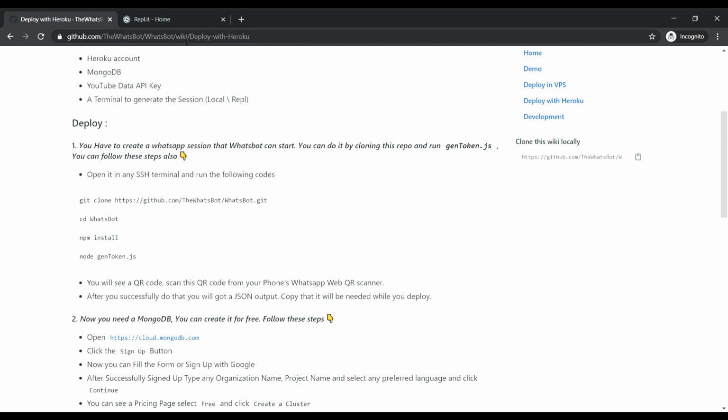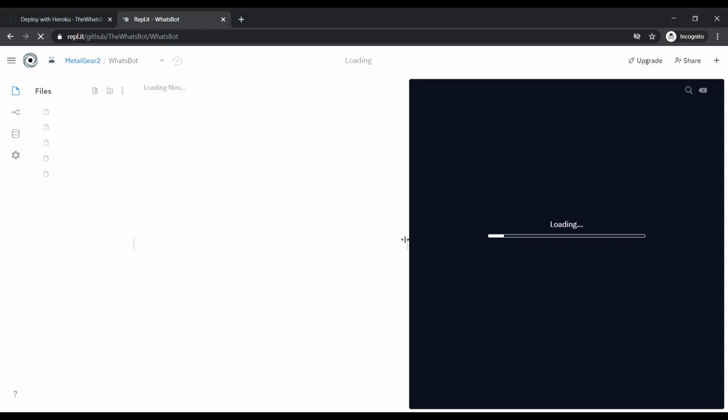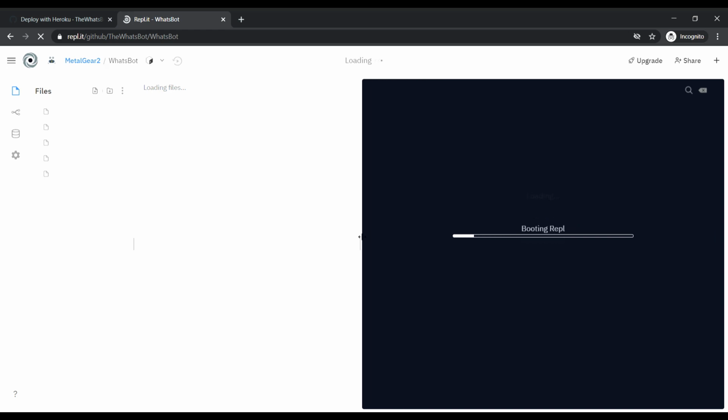Let's copy the application URL, that is this. Let's paste it, remove the slash and import from GitHub. After that this page will come.